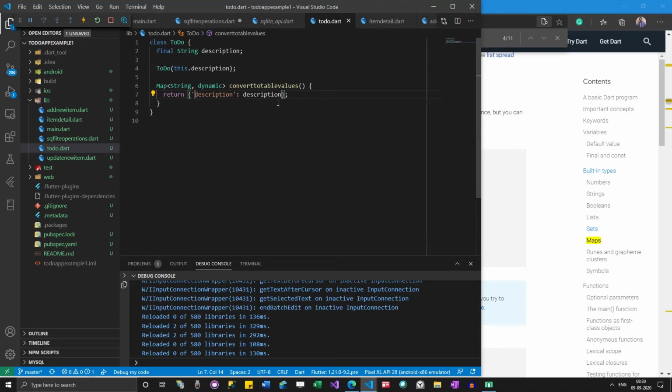If I want to add more things like this, if I'm having more than one column here, I just have to keep adding commas and keep adding entries like this. Okay, so for a given class, for the object created, it will return the map values, which you can use to insert into the table.